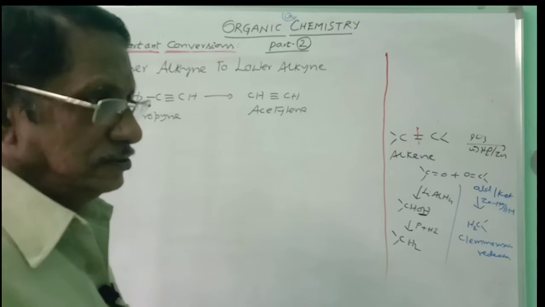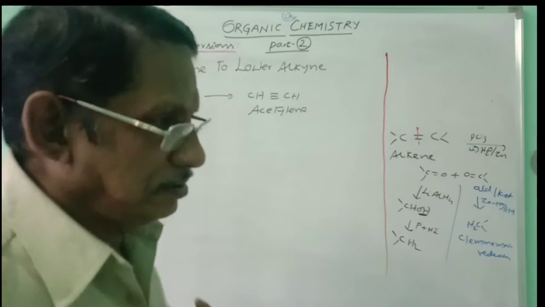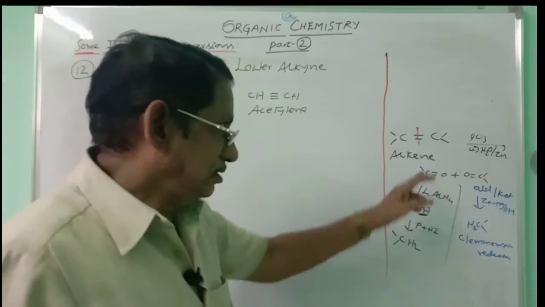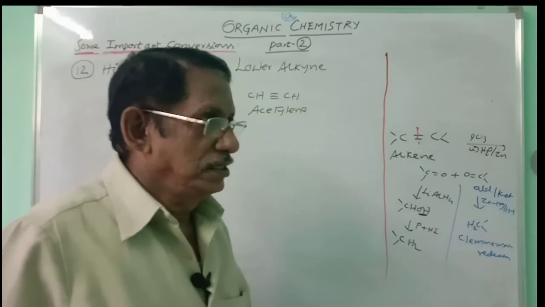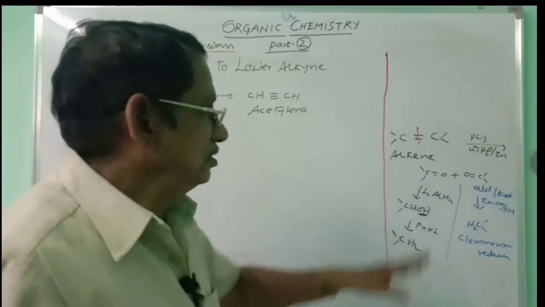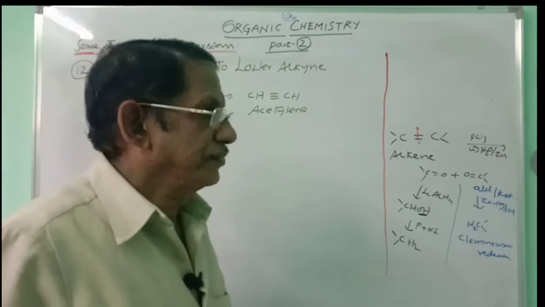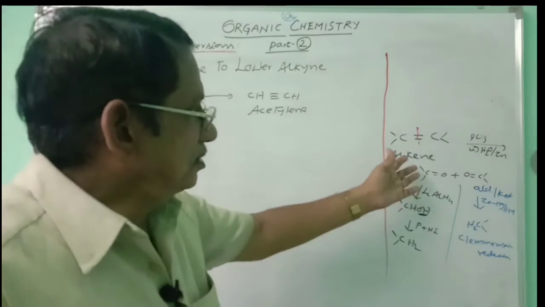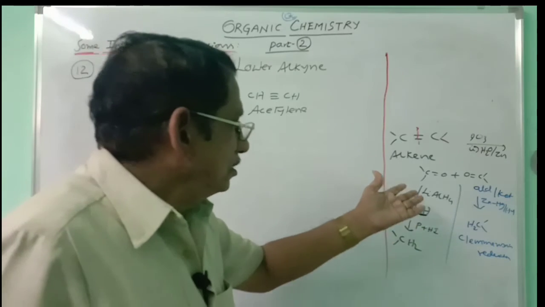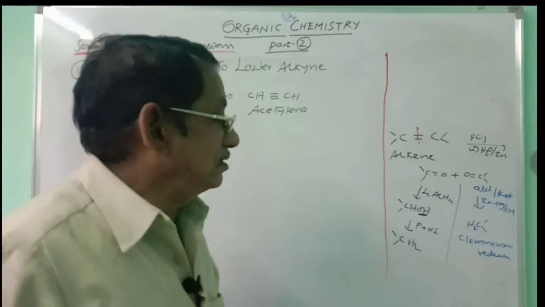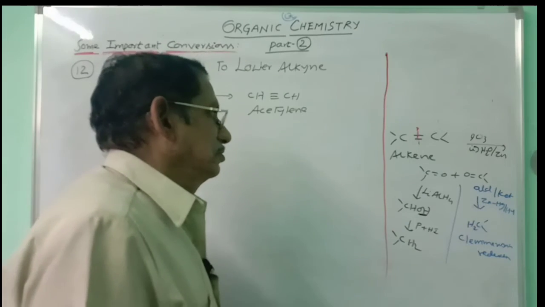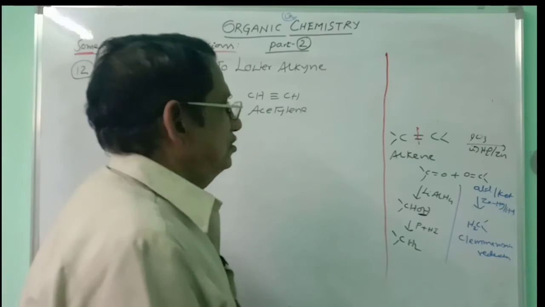Generally, if you want to reduce the number of carbons, it can be done easily from alkene. It is subjected to ozonolysis. Thereby, it will be converted into a carbonyl compound. The C double bond C breaks. It is converted into a carbonyl compound. And later, that carbonyl compound can be converted into the required product. In what way it can be converted, that you have to see. It may be done by using several techniques. Let us take one technique here.